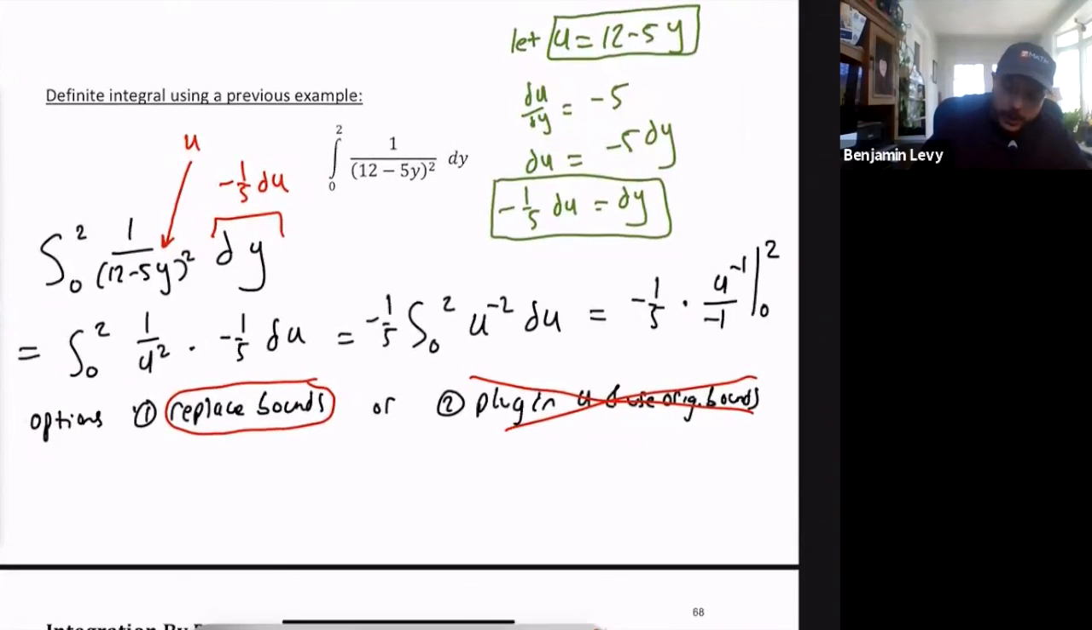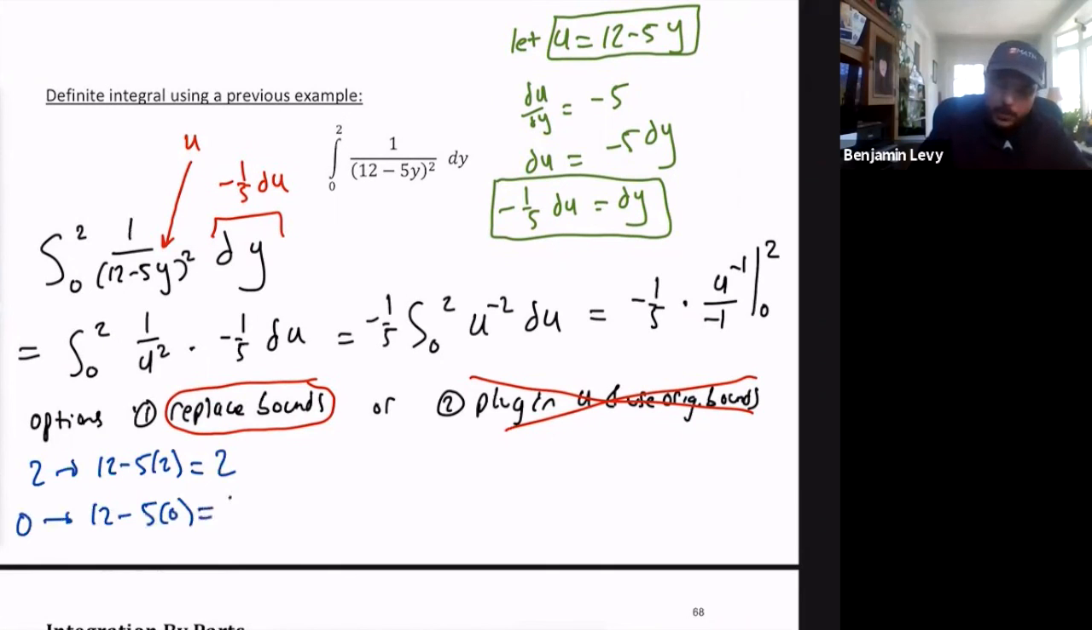We take the 2 and we plug it into u, which was what, 12 minus 5y. And we'll get 12 minus 10, which is 2. So that one actually stayed the same, oddly enough. And then 0 becomes 12 minus 0, which is 12. So instead of going from 0 to 2, we go from 12 to 2. And we keep it in that order too, right? So in other words, it becomes